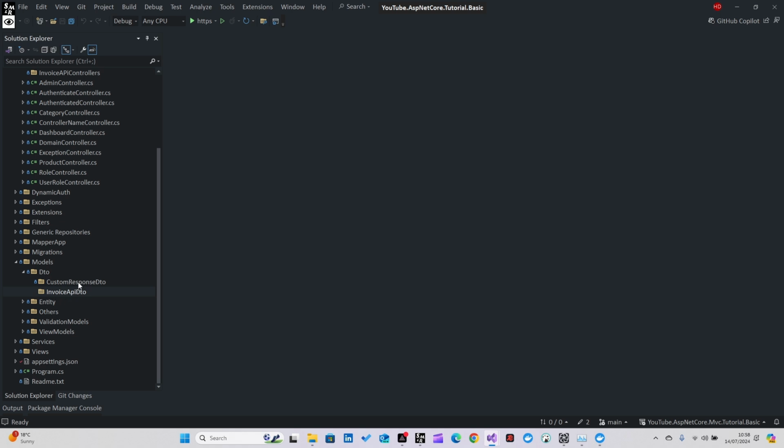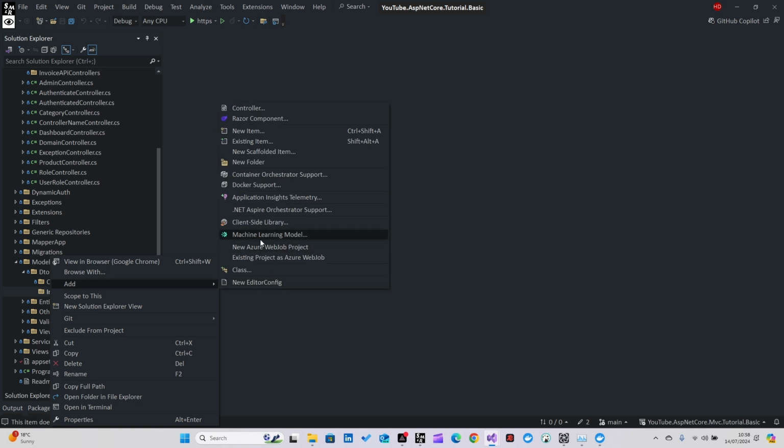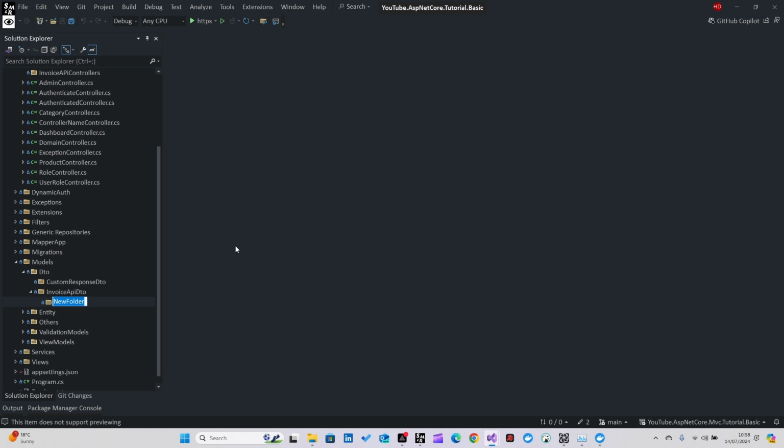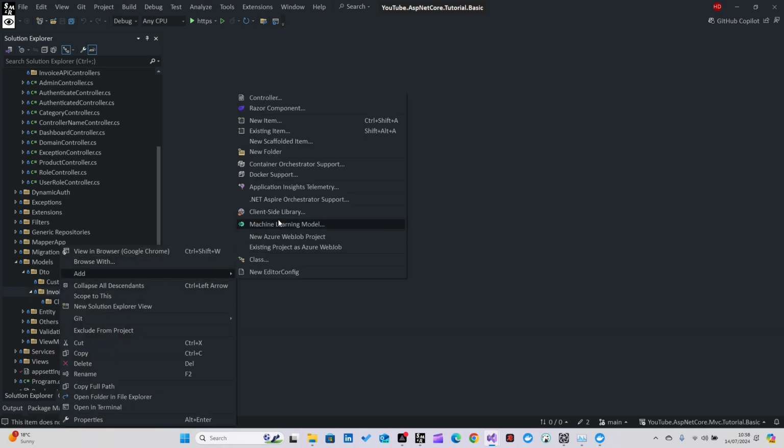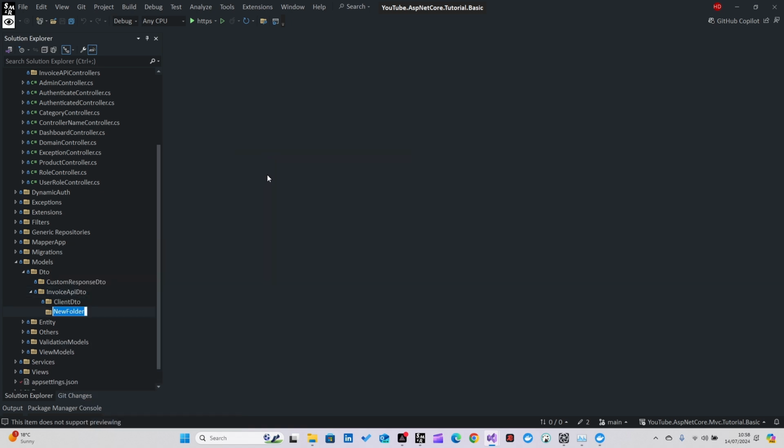So we need custom response DTO and we need API DTO. Let's add another two classes, no, folders here. Client DTO, and we can change the folder naming once we start creating our classes. Now I'm just creating the structure, then invoice